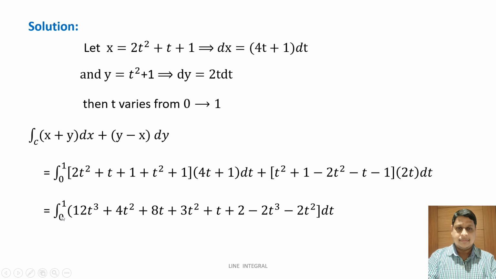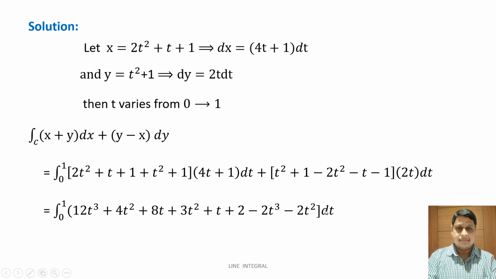After simplification, 0 to 1, we can write 4t multiplied by this term. So that is 2t square plus t square, equal to 3t square, into 4 is 12t square, and t into 4t is 4t square. 1 plus 1 is 2, into 4 is 8. Just multiply 1, so that is 3t square plus t plus 2. Here is the simplification: t square minus 2t square is equal to minus t square, into 2t is minus 2t cube, plus 1 and minus 1 get cancelled, minus t into 2t is minus 2t square